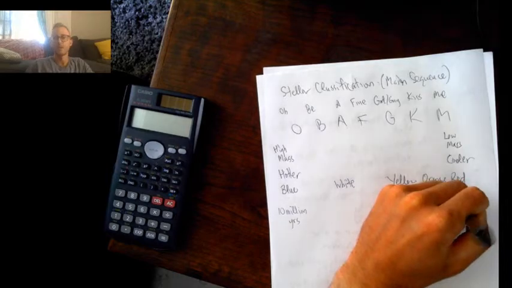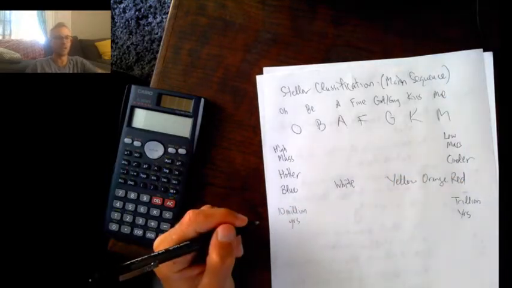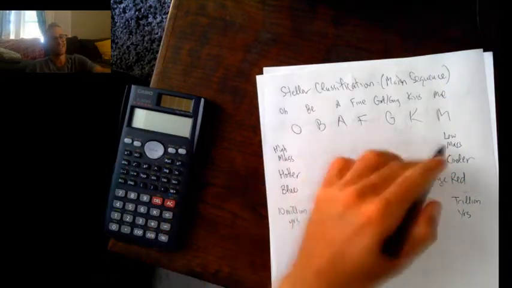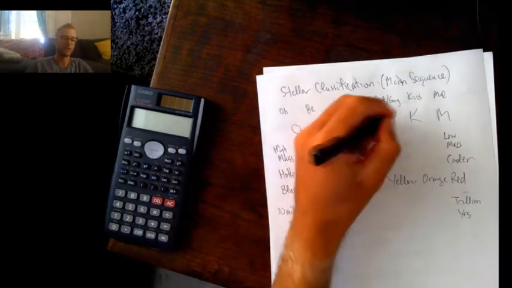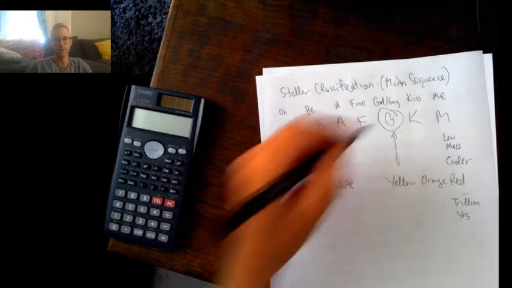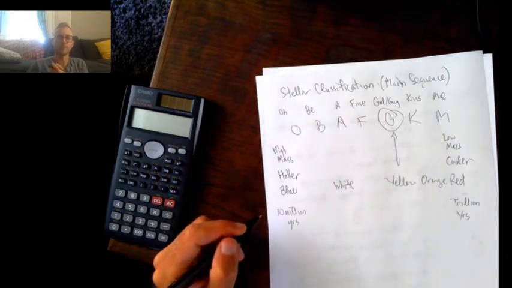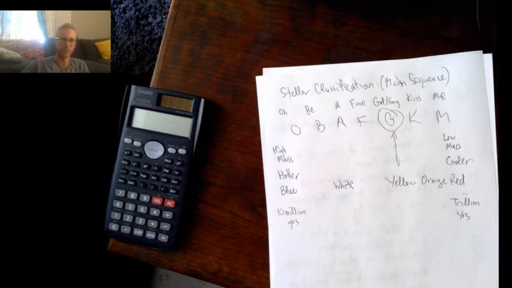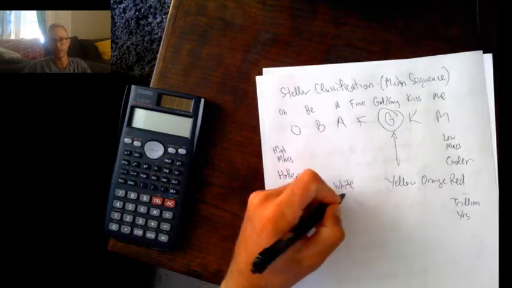Okay? Now, where does the sun lie on this spectrum? Our own sun is a G-type star. So that's why it has its yellowish white color. And actually, the sun appears yellow because of the atmosphere. If you were to be out in outer space, it's more of a whitish color.